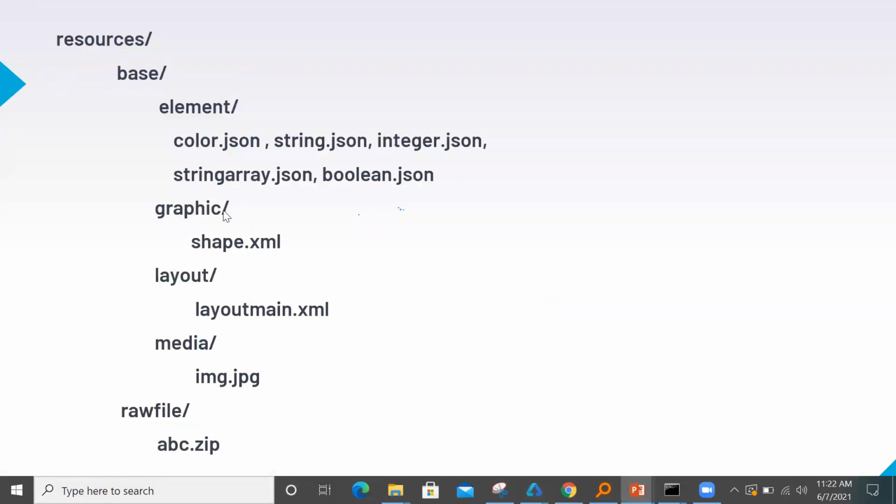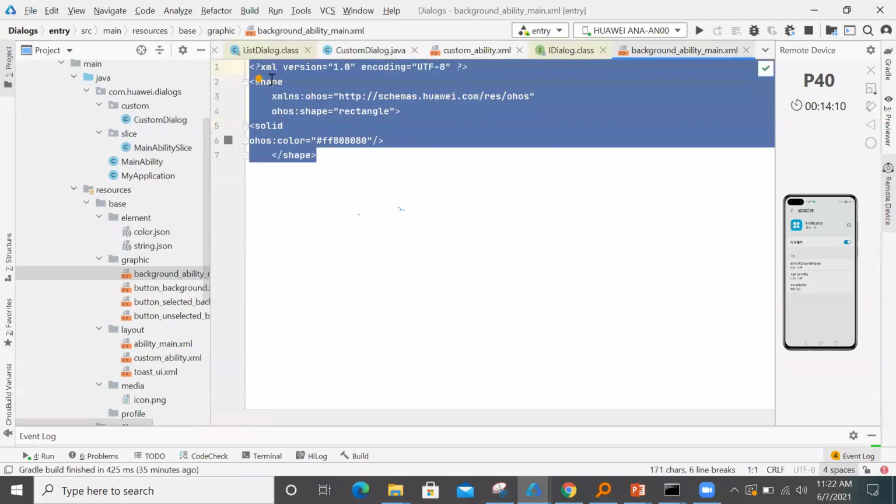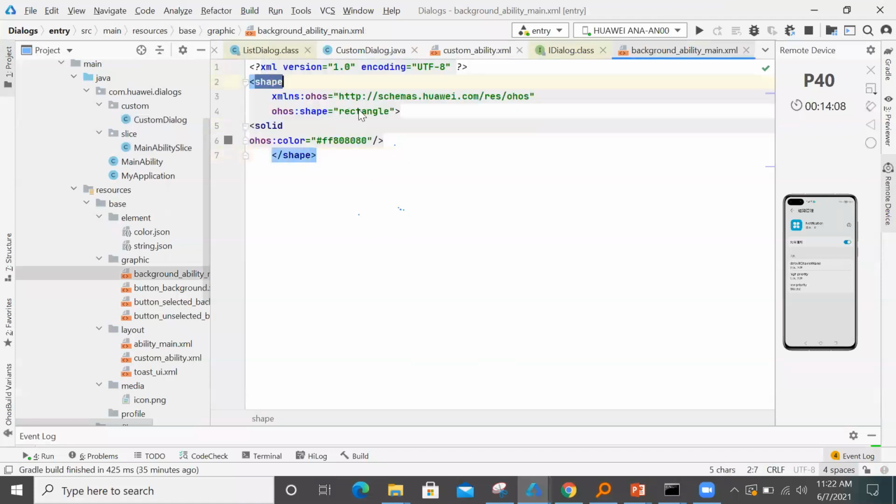Now graphic, inside this folder, we can mention the shape files if you need. You can do it dynamically also, but from the XML side, I have just done dialogues. Here I have created a background ability image, that is showing a background of a particular button. So I have created a shape. You can give different shapes here: rectangle, oval, or different options are there. You can give shape and solid, like fill color, using which color this shape needs to be filled. You can have rounded corners, corner radius, everything you can mention here. Different tags you can add and mention.